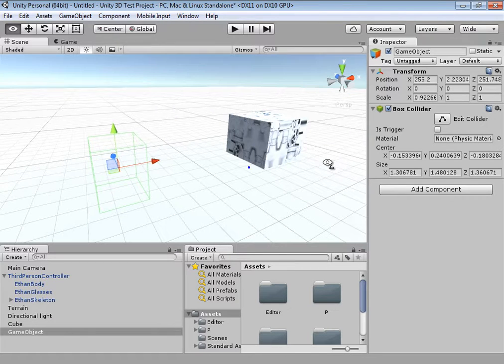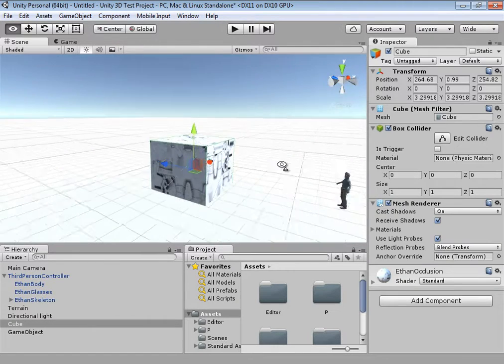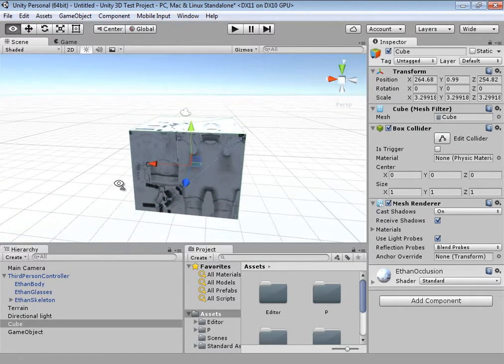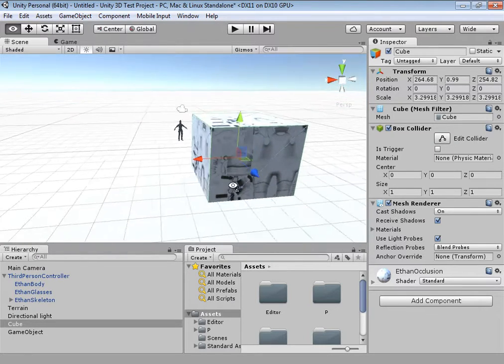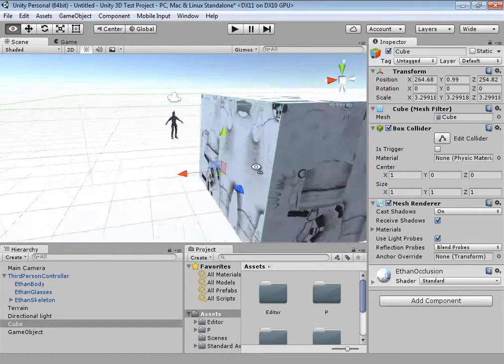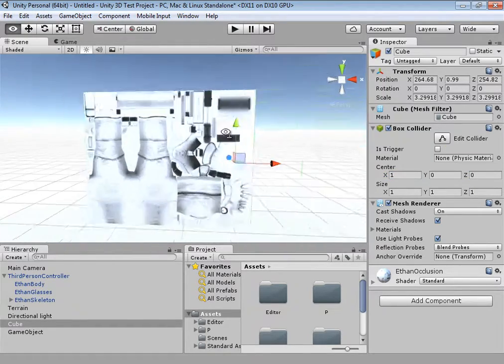Let me explain it by using this box here so you can see the difference. This box has a collider placed at the center of the object. Now if you change the center position like this, the collider will go outside of the object,